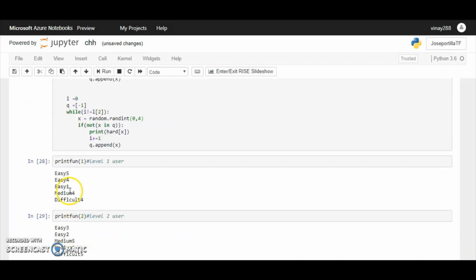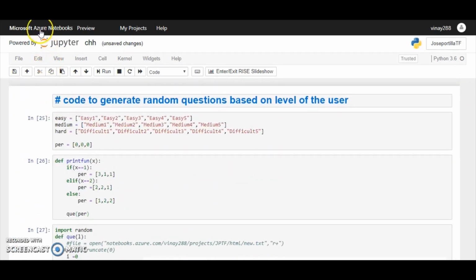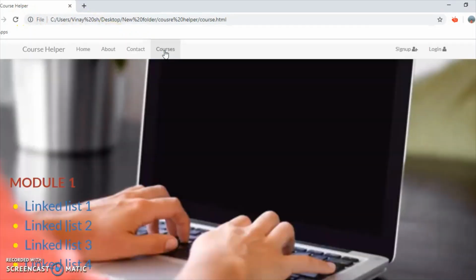The third one is the user consistency. This parameter is determined by the user's progress consistency along with his commitment. Moving on to the next parameter, the test. Tests have been conducted at regular intervals to determine the user's understanding of the